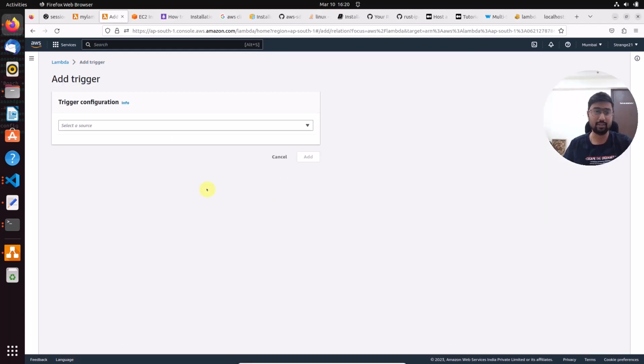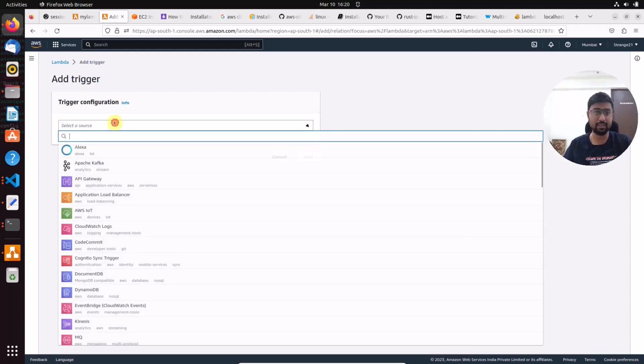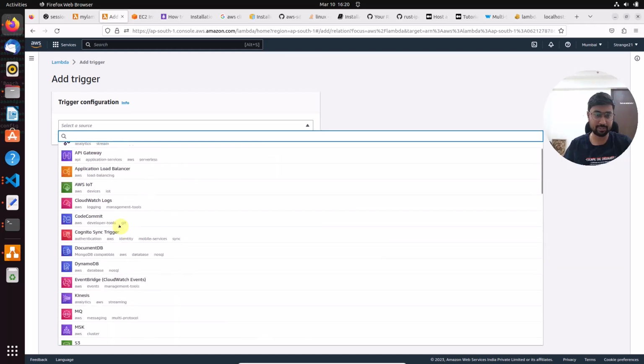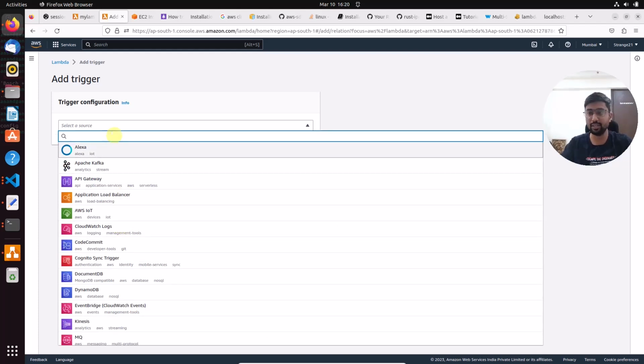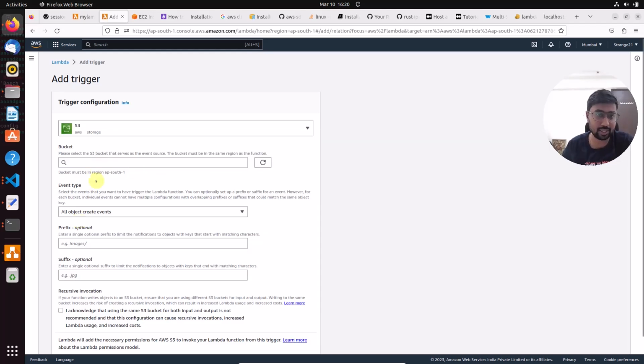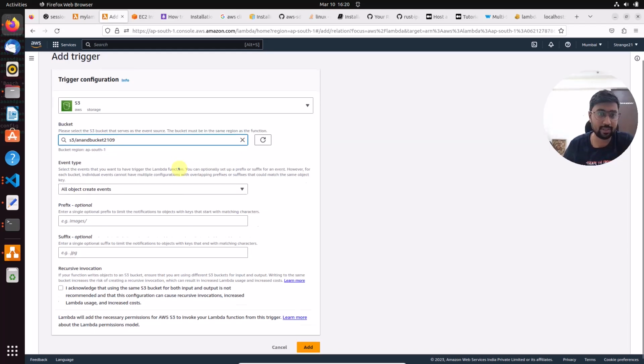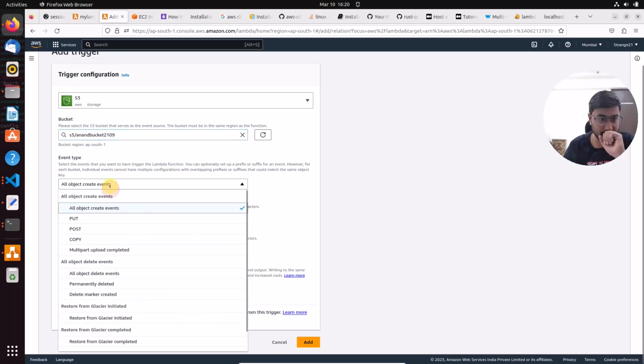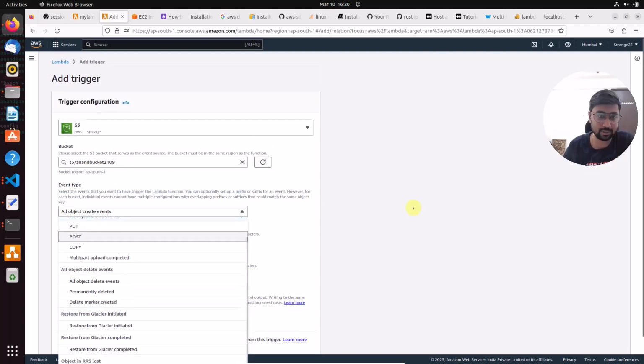In order to add a trigger, currently what we have done is we have added the HTTP URL only. Here these are all the trigger options which we have. What we have currently done in our project is we have triggered this Lambda depending upon any changes in the S3 bucket. So here you define the S3 bucket name,